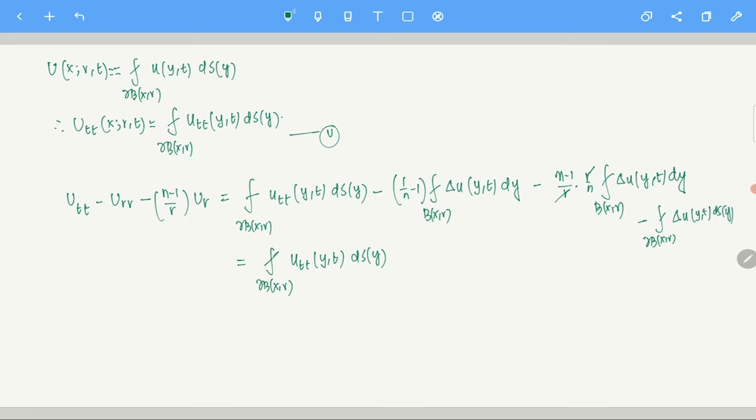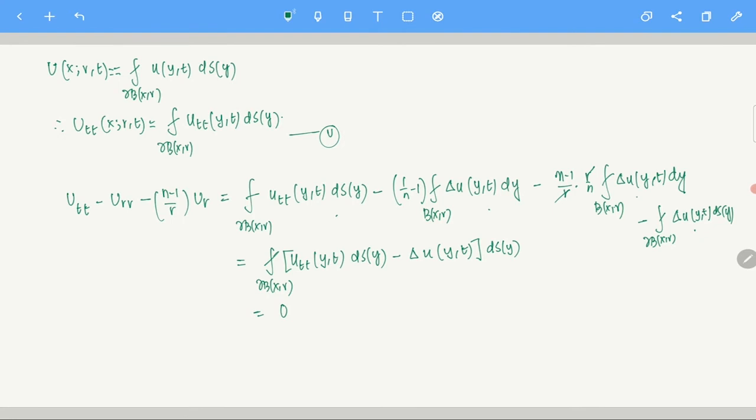Now when you put it together, this term and this term are getting cancelled out, so I am only left with this and this, the boundary terms. So minus Laplacian of u at the point yt dsy. Clear? This is what I have. Now you see, the u satisfies the problem in the whole of Rn, right? So this definitely holds on this del b xr also. So essentially this is going to be 0, and hence this thing is true.